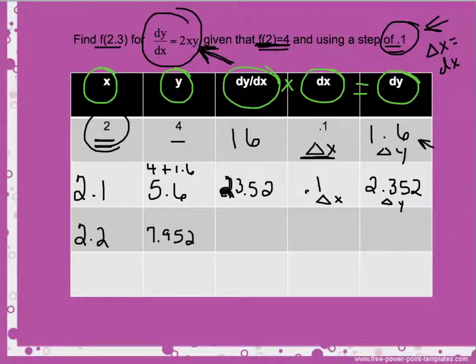Now I use those numbers to get my dy dx again. So I take 2 times x, which is 2.2, times y, which is 7.952, and I get 34.9888. dx is 0.1, so I multiply dy dx times dx, and I get 3.49888. And now we're going to adjust our x's and y's. This is 2.3, and I take 7.952, and I add 3.49888, and I get